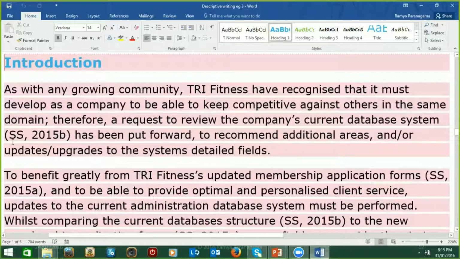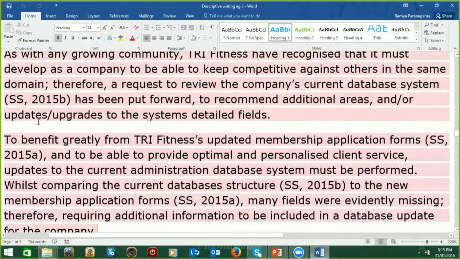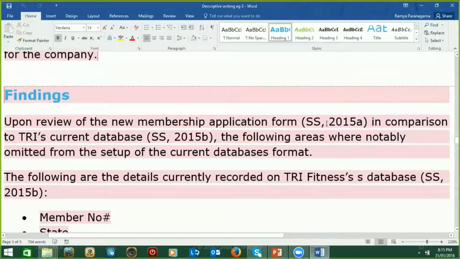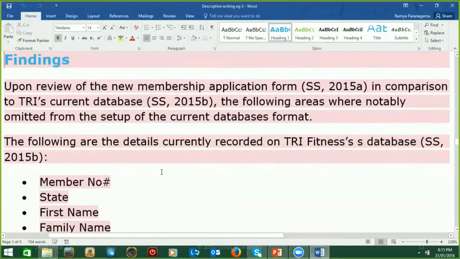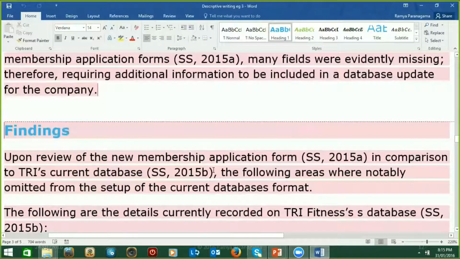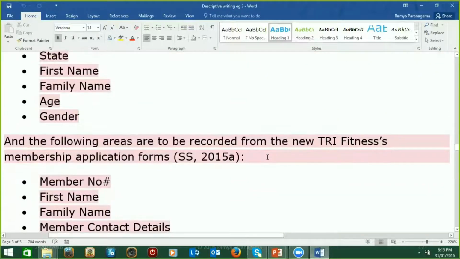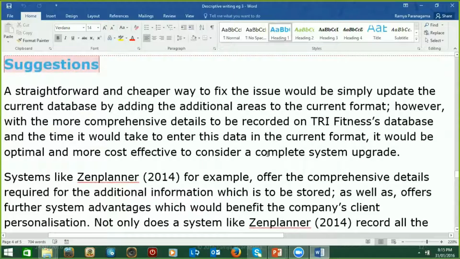Then we look at the writing here, the introduction. Can you see the introduction? It's building the introduction by referring to resources used. If you look at these resources, it says 2001 B and A. That means to write the whole thing, only 2 types of resources are used, not more. So the argument is built on just 2 types of resources. Then the findings, again referring to these 2 resources, right? That's it. Then after that, it all goes and it brings suggestions.